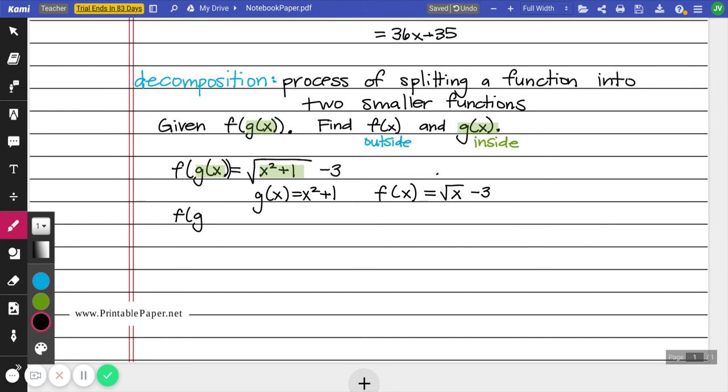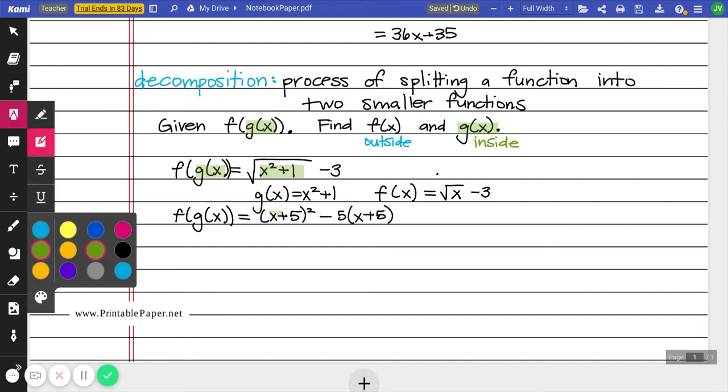Here's a second example. F of g of x equals x plus 5 squared minus 5 times x plus 5. Now immediately when I notice that something is inside parentheses, that should be a pretty good clue that I can see my inside function, because whatever is inside those parentheses is going to be what we want. So think about living inside. I'm living inside these parentheses, as if I've been substituted. So our g of x here